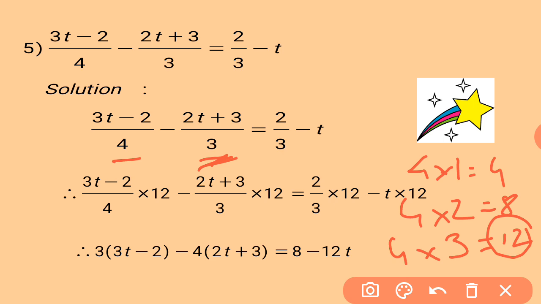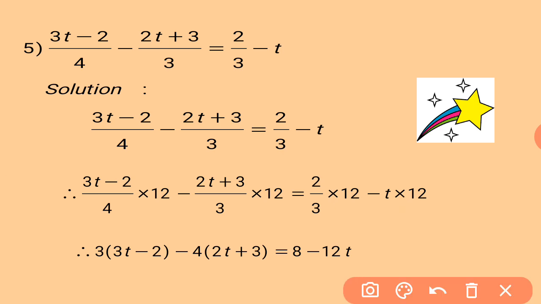Here what we have done is we have multiplied. This is another method of solving. You can use the usual method also, wherein you multiply the numerator as well as the denominator by the number that will give you 12. This is another method where we have multiplied all the terms by 12. 12 is your LCM. So there are many methods of solving the same thing and getting the correct answer. Whichever you are comfortable with, you can go with it.